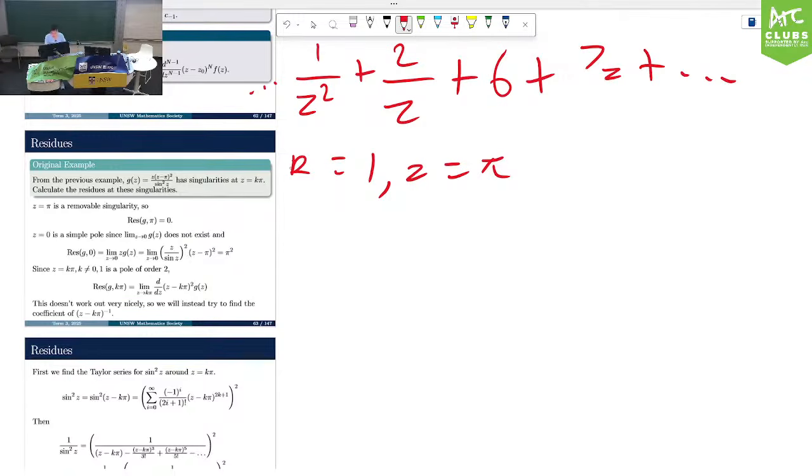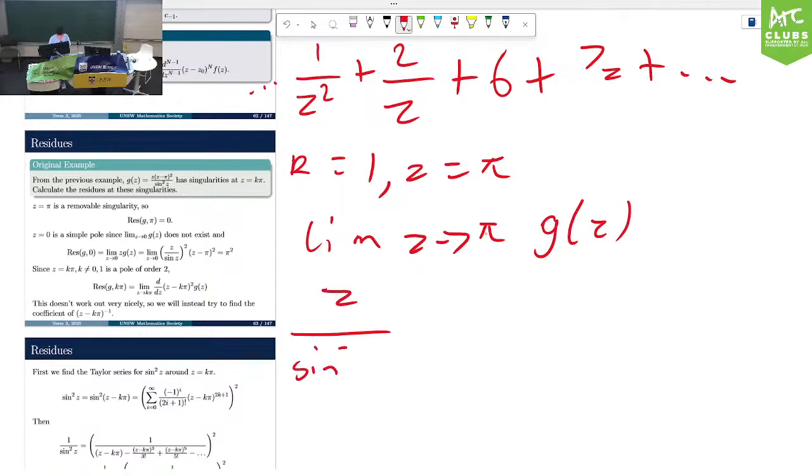Essentially what that's saying is the limit as z approaches 0, oh no, z approaches pi, sorry, of our g of z. Once again, no need to do the fancy trick of multiplying by z minus some specific power k. I think z minus pi squared. Limit as z approaches